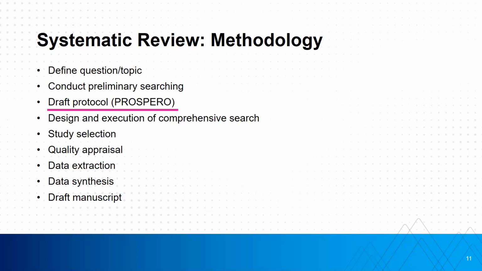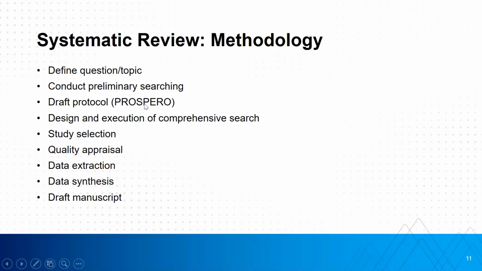And a protocol is really a roadmap for what you are going to be doing in your systematic review. So it's going to go through things like the databases you're going to be searching, how you're going to do some non-database searching, because you want to try to get all the relevant literature you can, how you're going to be synthesizing data, and what risk of bias tool or tools you're going to be using to do your quality appraisal. All these different steps. Then you are going to register your protocol in a registry such as Prospero, which is